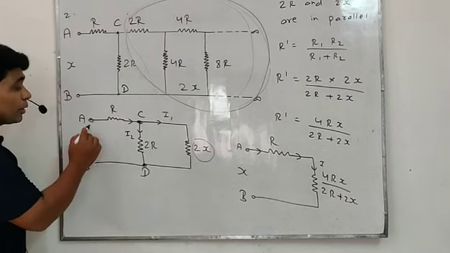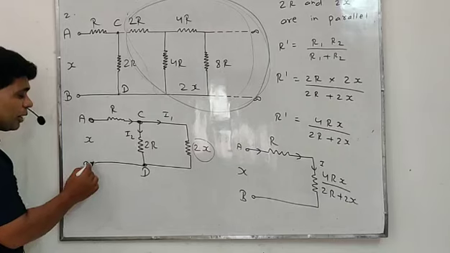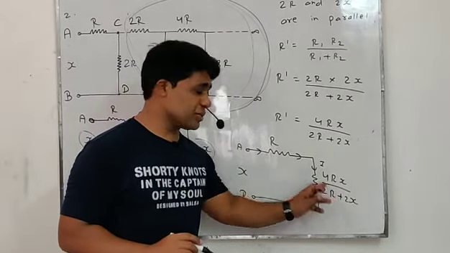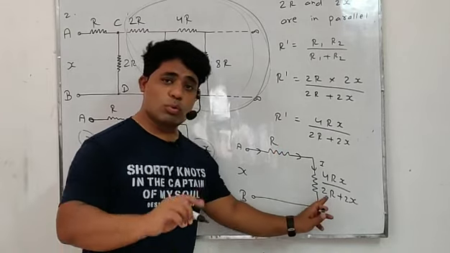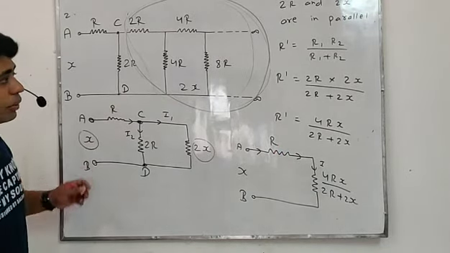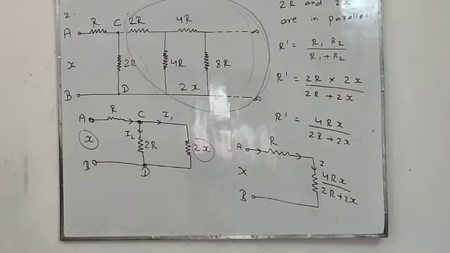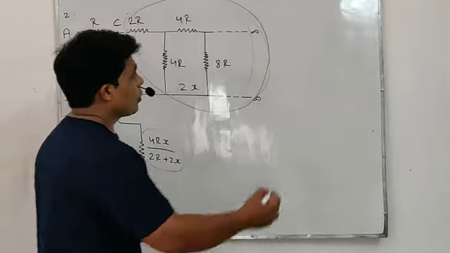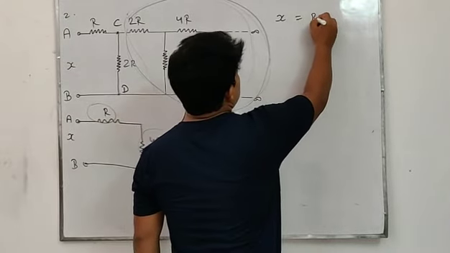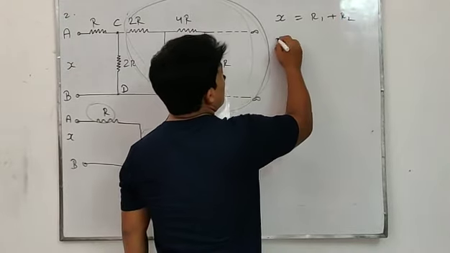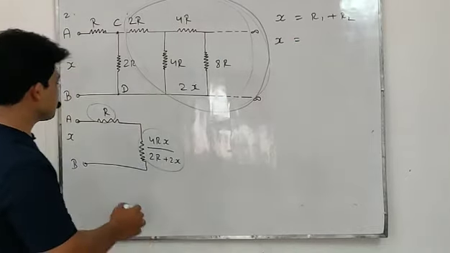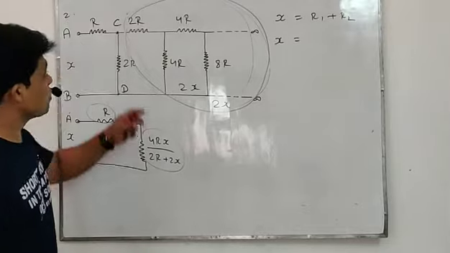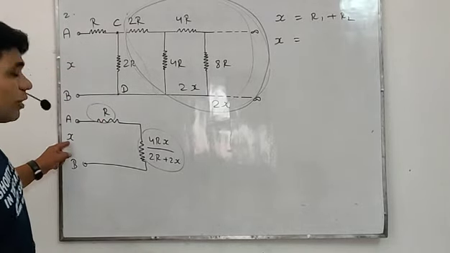One more important thing, 2x was the equivalent resistance between C and D, but equivalent resistance between terminal A and B will be X. So these two become X. Actually the sum of R1 and R2 will write as X. Okay. Now students, I am going to make the diagram again. These two will be in series. So equivalent resistance X equals to R1 plus R2. X is the equivalent resistance between terminal A and B, while 2x was the equivalent resistance between C and D. For getting A and B, we will write X.